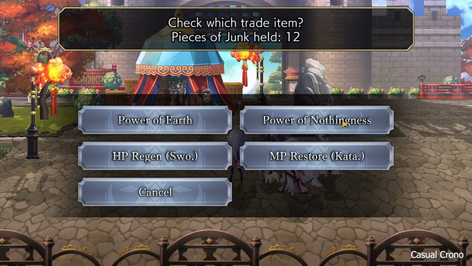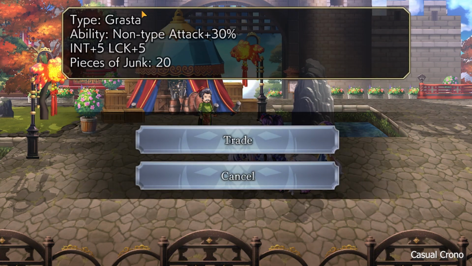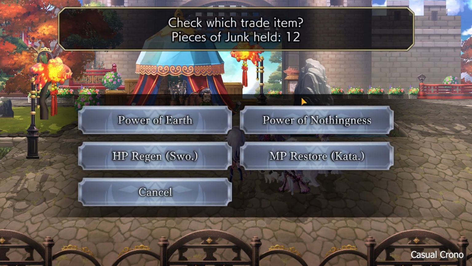However, he is also the only vendor in the game that sells the Power of Nothing Grasta, and it improves non-type attacks. Now, endgame-wise, people tend to use the Pain and Poison Grasta, but if you happen to be starting out and you have Benedict or Shanghua, characters that use non-type attacks,